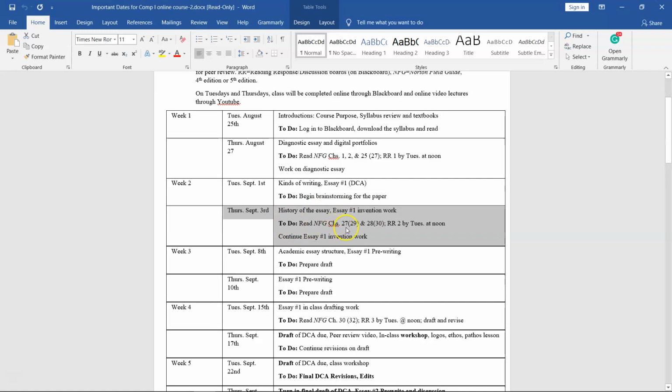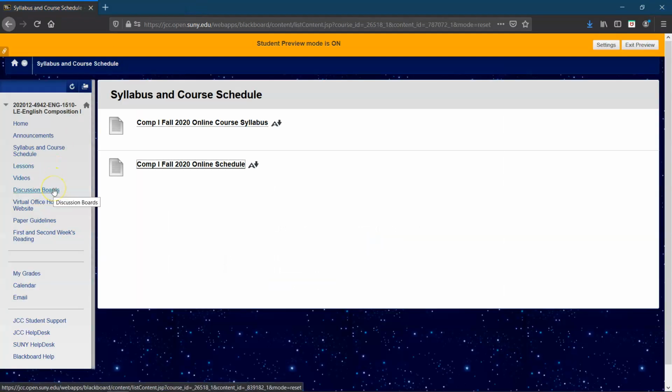Please note that the second week's worth of reading, chapters 29 and 30, should be done by next Tuesday at noon, and the reading response or discussion board number 2 will be due by that time at noon. And you should continue drafting and also doing the Essay 1 invention work. So just to remind everyone very quickly,